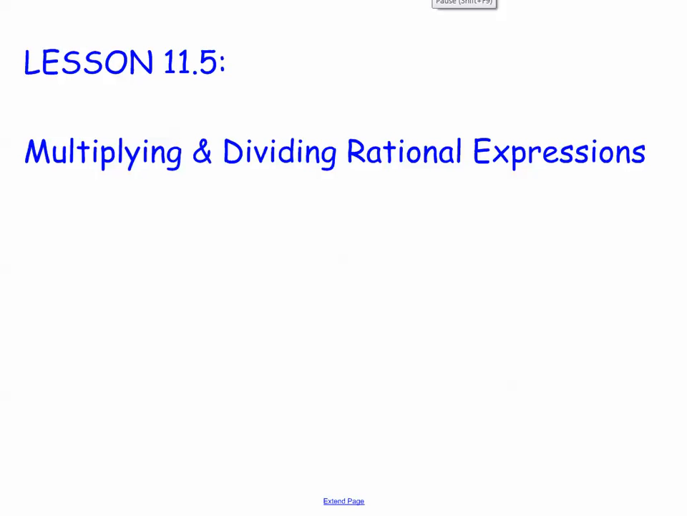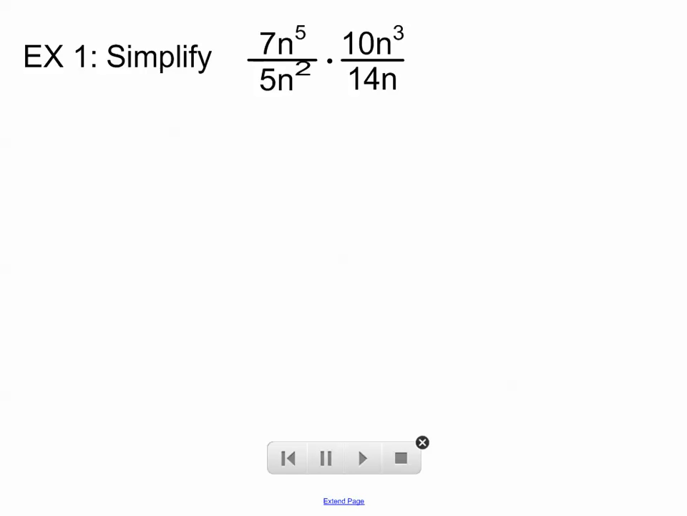Section 5 of Chapter 11 on rational equations and functions is titled Multiplying and Dividing Rational Expressions. When we learned our exponent rules several chapters back, we might have done something like this. We know that we could do numerator times numerator and denominator times denominator, and we might get 70 n to the 8th over 70 n to the 3rd,